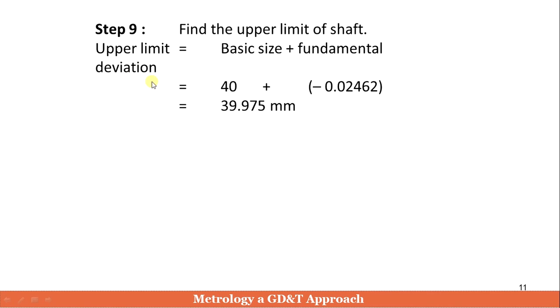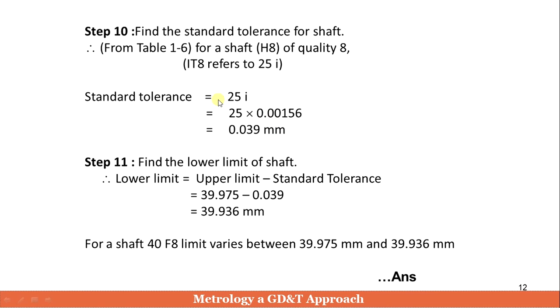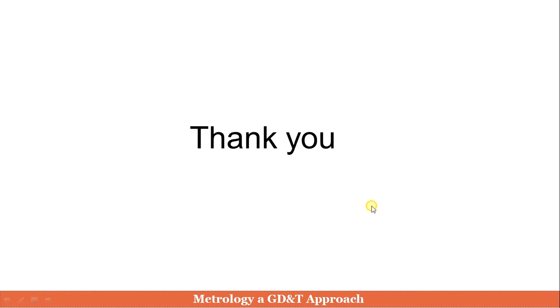And the last step is to find out the limit, that is, the lower limit, which will be equal to the basic size plus the fundamental deviation of the shaft, so 40 plus this one. So we have got these sizes. Since we were asked to find the sizes of the shaft, we have got the different sizes of the shaft as well as the hole, and from that we have found the lower limit, upper limit, and standard tolerance for the hole and shaft. In a similar fashion it can be found for the shaft. So these will be the two dimensions for the shaft.